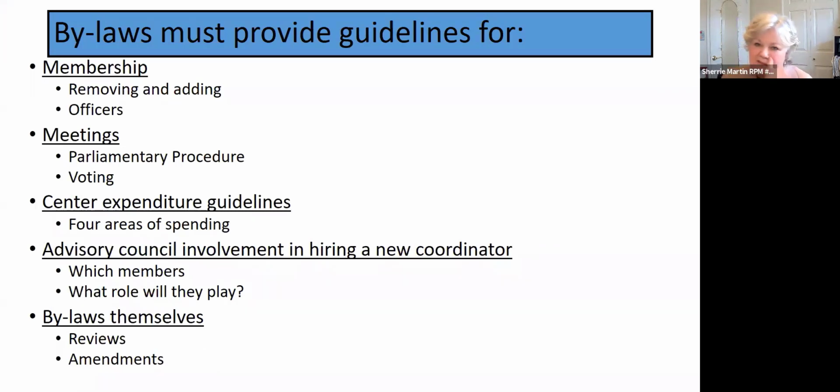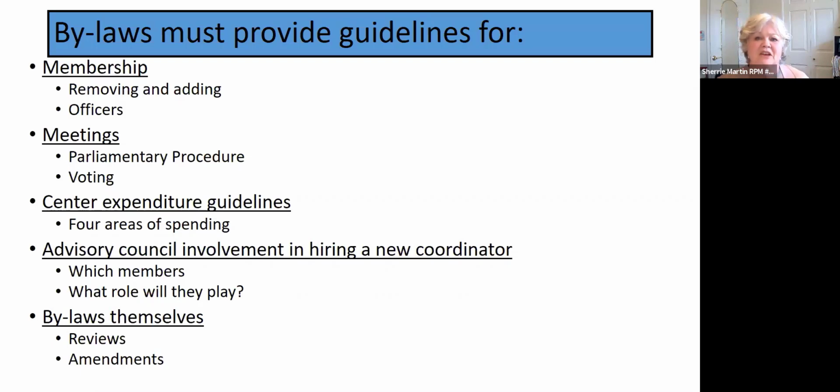So these are the basic highlighted things that your advisory council bylaws must have in them. There are some other things. We have an advisory council bylaws checklist. It is actually in your new coordinator's binder. And at some point with your advisory council, you'll want to check and make sure all those things are in there, and see if your advisory council wants to make some changes or updates to them. Something that you want to do about every other year, at the minimum.